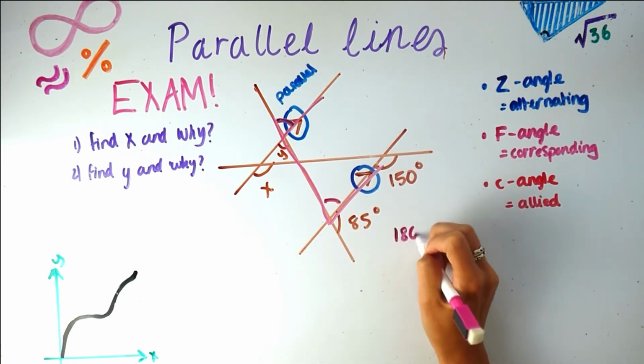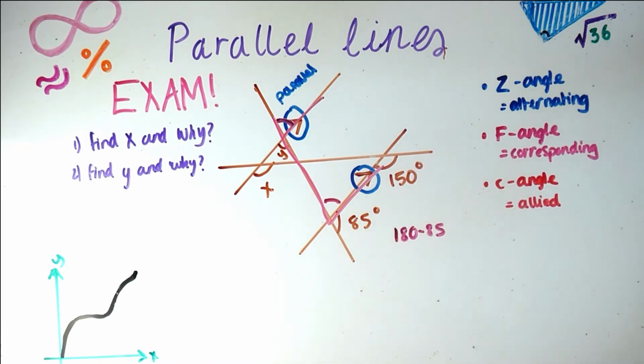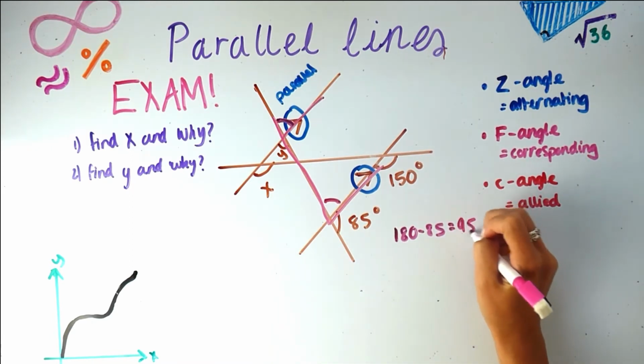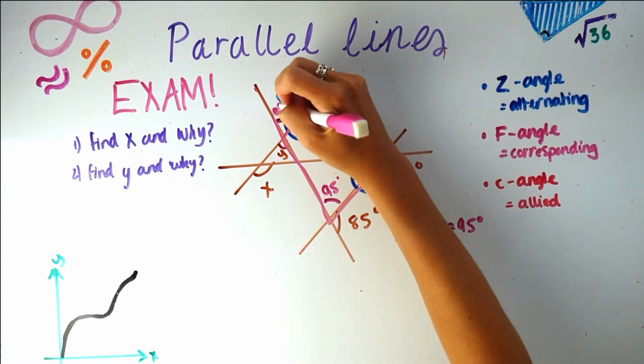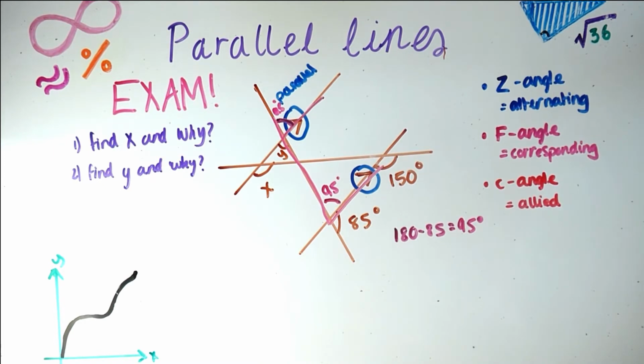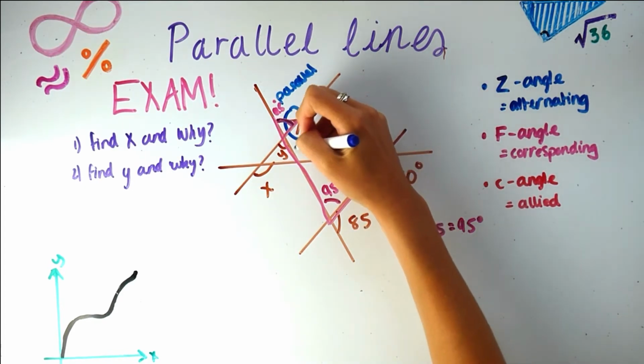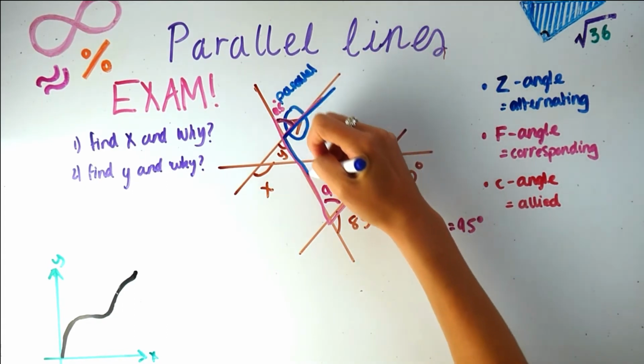So if I do 180 take away 85, that should give me that angle there. That is 95 degrees. So I know that this is 95 degrees now, and I also know that this is 95 degrees now. Therefore I know, which I could have seen earlier, but I saw a different F, that that is then a straight line, so it adds up to 180, or I could have seen it like this,